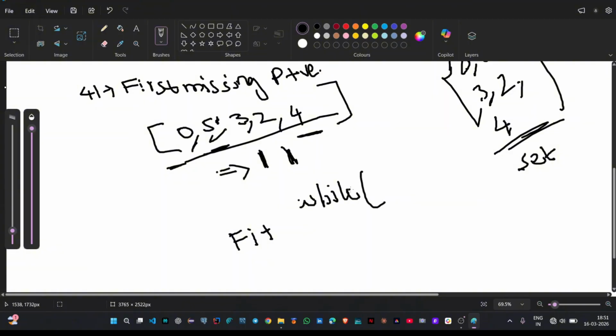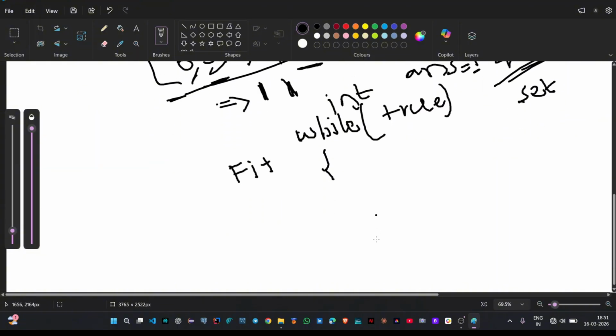In the while loop, we will keep true in it and initialize a variable answer as 1. What we are saying is the first positive number will start from 1. So we will start our answer with 1, and in the while loop we will check